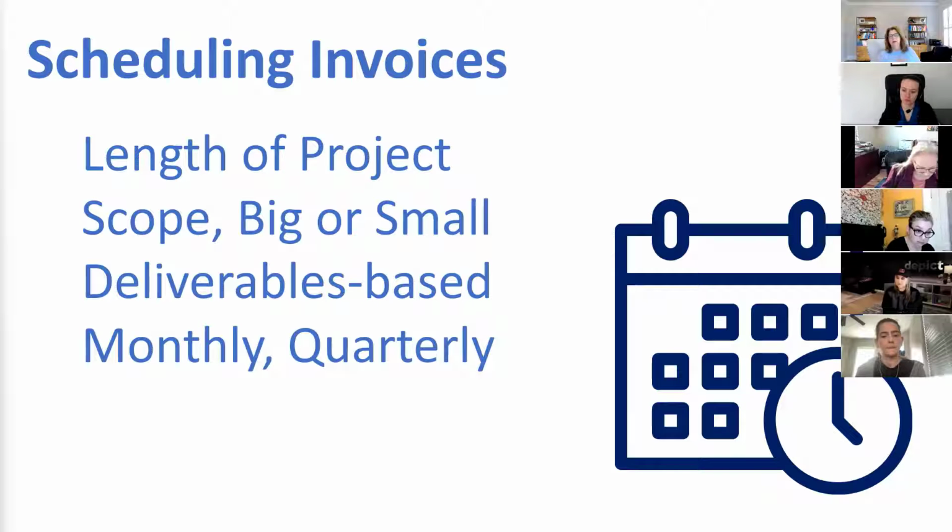The contract is written as if, for a 3-year project, we are going to be the evaluator on that project, or whatever it is we're doing, for all 3 years. And here's what our invoice schedule looks like. I started doing that because every fall I was rewriting contracts. I still have to do that, but it was really exhausting. I also think about the scope: is it a big project or a small project? That can impact things too. If it's a smaller project, then I might schedule my invoices a little differently. So we can talk about that a little bit.